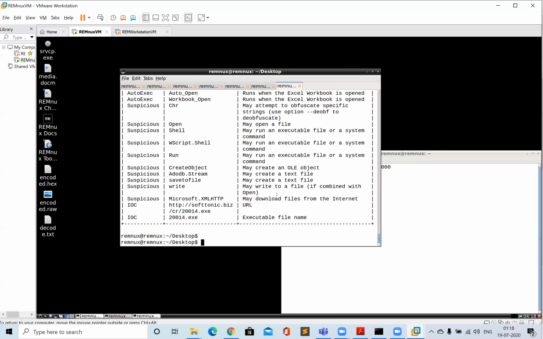Okay, so even though you maybe don't know Visual Basic very well, you can use this tool to get the overall idea of what that macro is capable of. I hope this will make you happy: say you get a malicious doc file with a huge macro code enabled in it, and you don't have time to understand that, or you are very new to Visual Basic macro code. You can just run olevba.py, and it will give you a better understanding of what the capabilities of that macro file are.